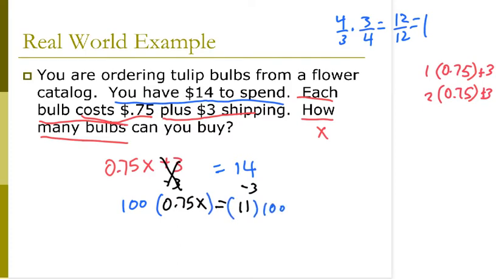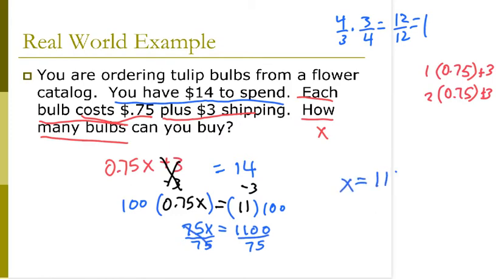What that's going to accomplish is when we multiply 100 times this decimal value, it's going to move the decimal point 2 times and make it a whole number, 75. So we would have 75x, and you can try it yourself, confirm it on a calculator. 75x equals 1100. Then we apply inverse operations and divide both sides by 75,